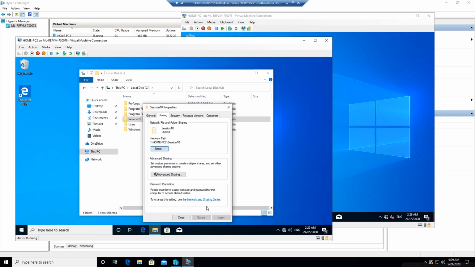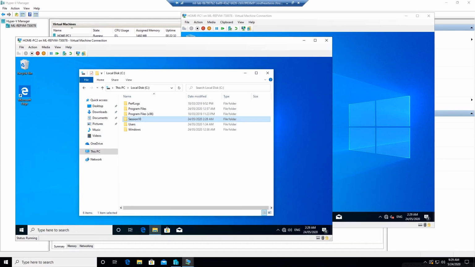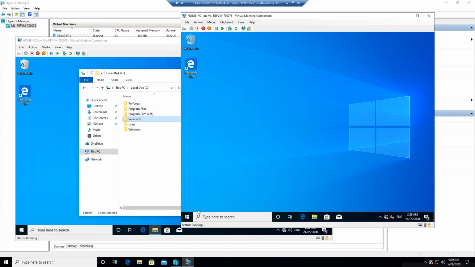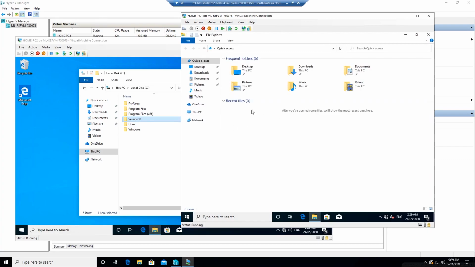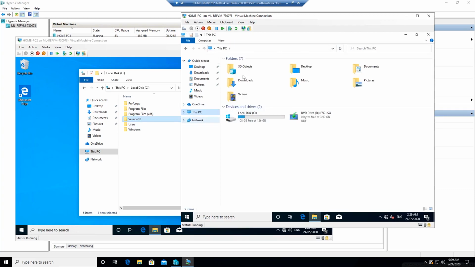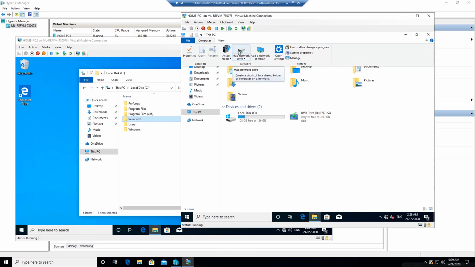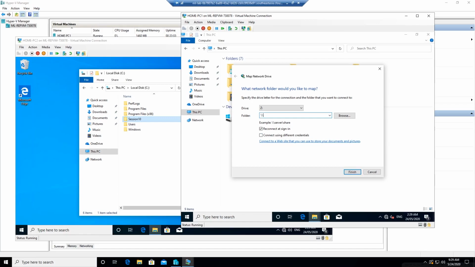Just click done. Close it. Just gonna open it up here. So in here, just gonna go to my File Explorer, maximize the window. Oops, I need to go to PC. So if I click this PC, I'll go to computer, and I have the option to map a network drive. If I click into map network drive, you can just now type the